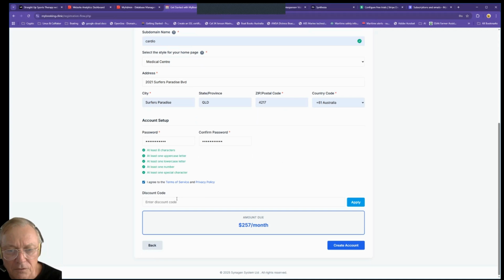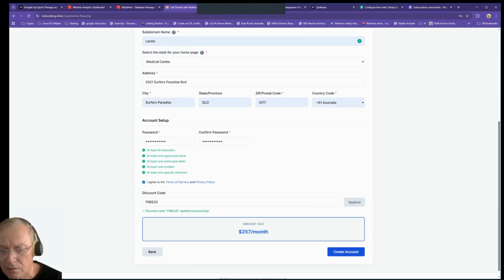Great. Now discount code 320. Apply. Okay. All right. This actually hasn't changed. That's wrong. That should change to $20 a month. So for a very short amount of time, depending on how quickly I get clients on board, entering that discount code will get you unlimited access, unlimited users, unlimited practitioners for $20 a month for the first 12 months. Plus,